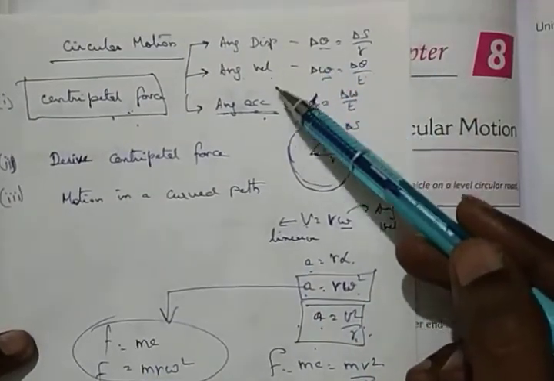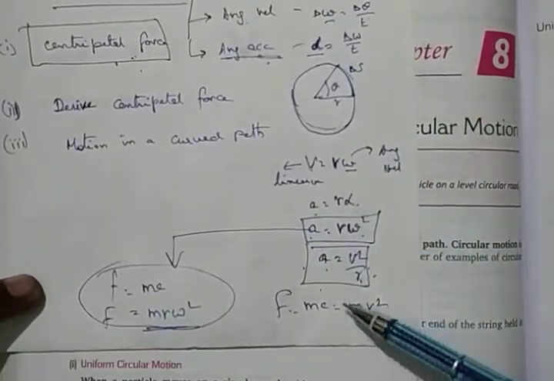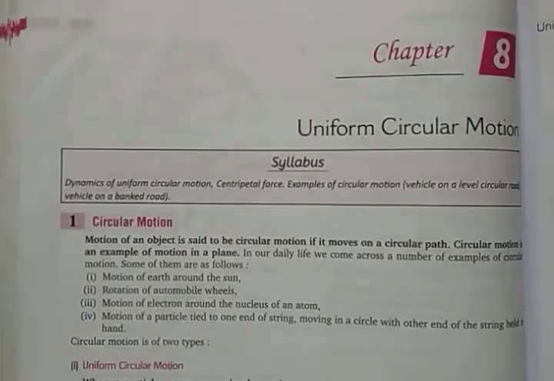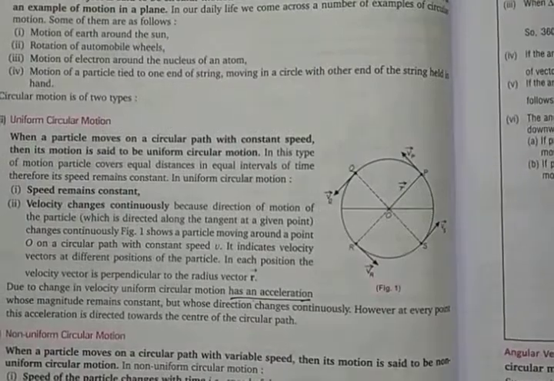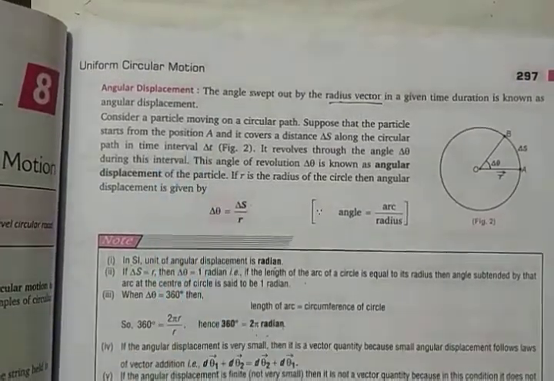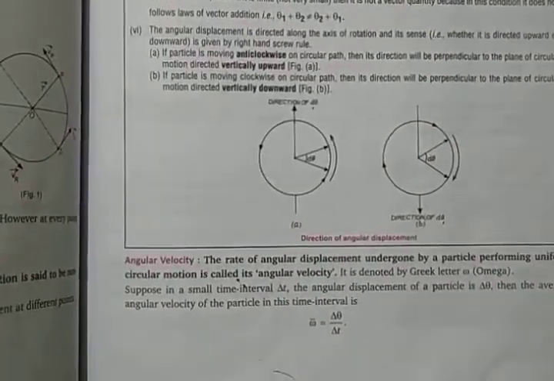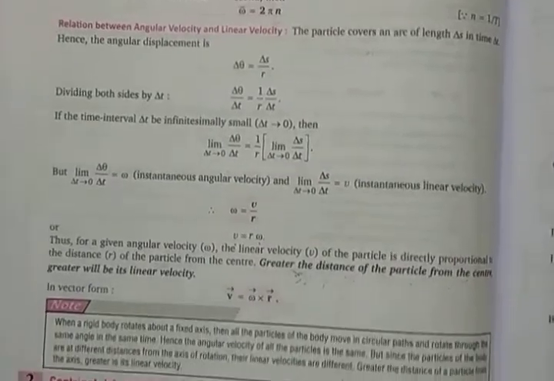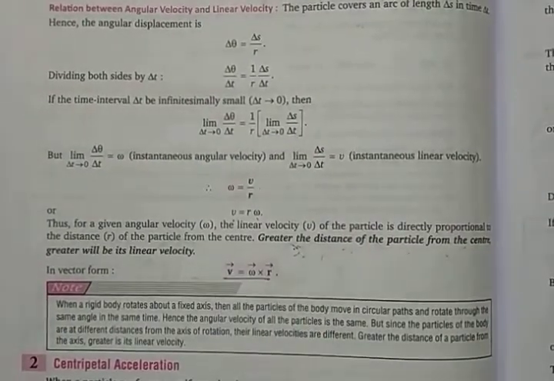So centripetal force is so important. How to get the centripetal force? We will just go through displacement, velocity, acceleration, and then all these relations will come, and then you will get into the final part of it. That you find here in the book. Uniform circular motion, what is that? Then the angular displacement definition is written here. Angular velocity definition is coming here, followed by angular velocity and linear velocity, and how they are related. So V is equal to R omega, I said this one, this is already there.